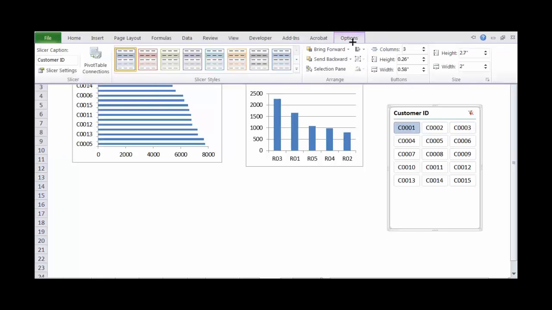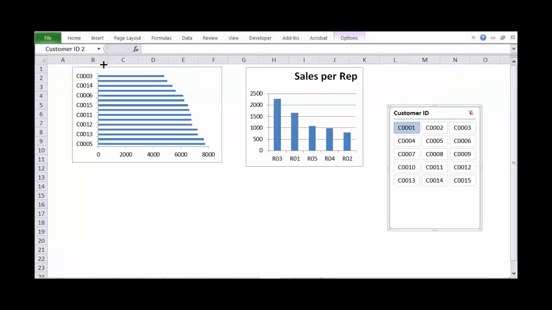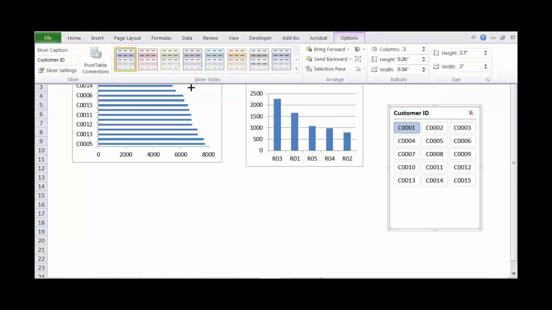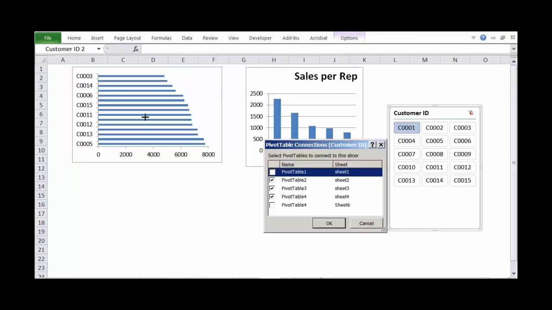You go to slicer tools and go to options, and you will find an icon called pivot table connections. Pivot table connections will give you an idea about which pivot tables this slicer is connected to. Note that as of now this slicer is not connected to pivot table 1, the one in sheet 1.